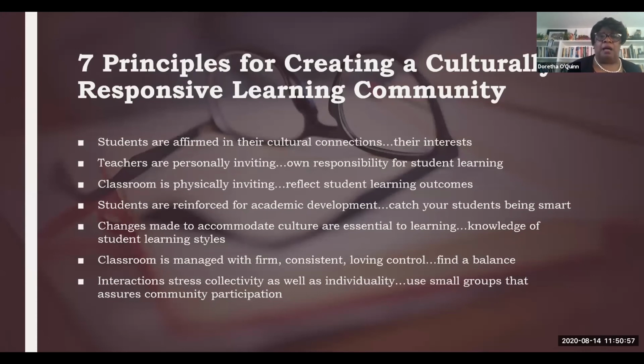Students are affirmed in their cultural connections, and in their interest in what you're teaching as it involves them. Some of you who are theologians might find it difficult to find content around your topic that is inclusive of any given group. I would encourage you, look for